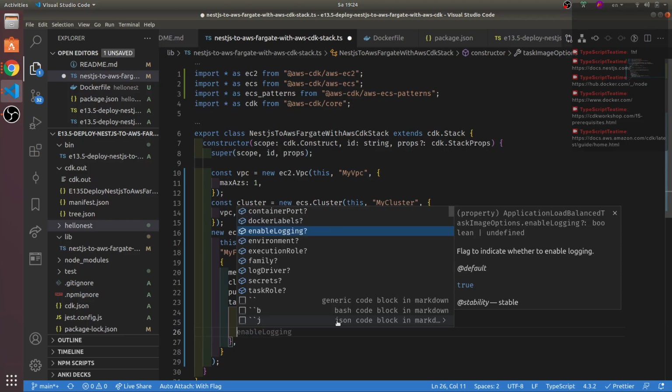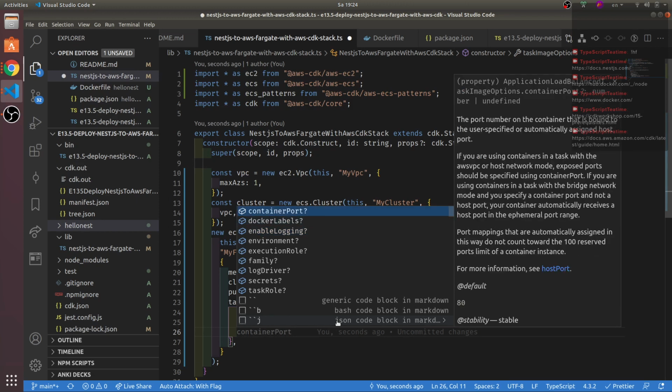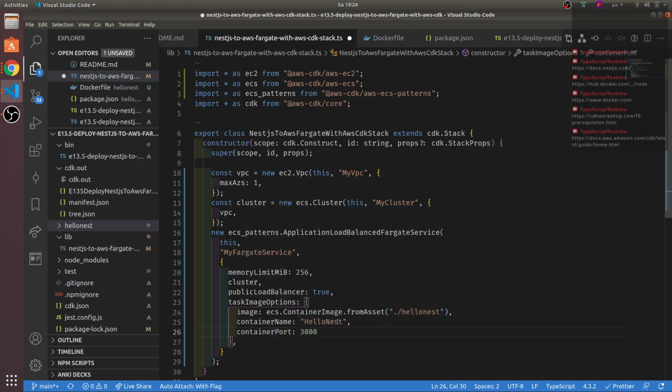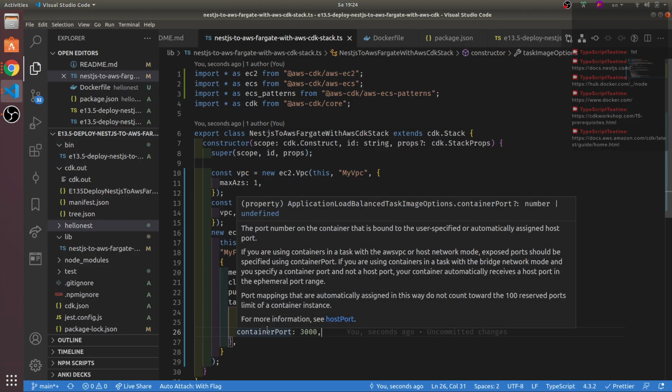Any labels? Enable logging flag to indicate whether logging is enabled. Yes, we want logging, so it defaults to true. We don't have to care about it. The container port is important, pun not intended, because it's actually not running on the regular port. Oh, does that make a difference? The port number on the container that is bound to the user-specific and automatically assigned host port. Yes, then we want port to